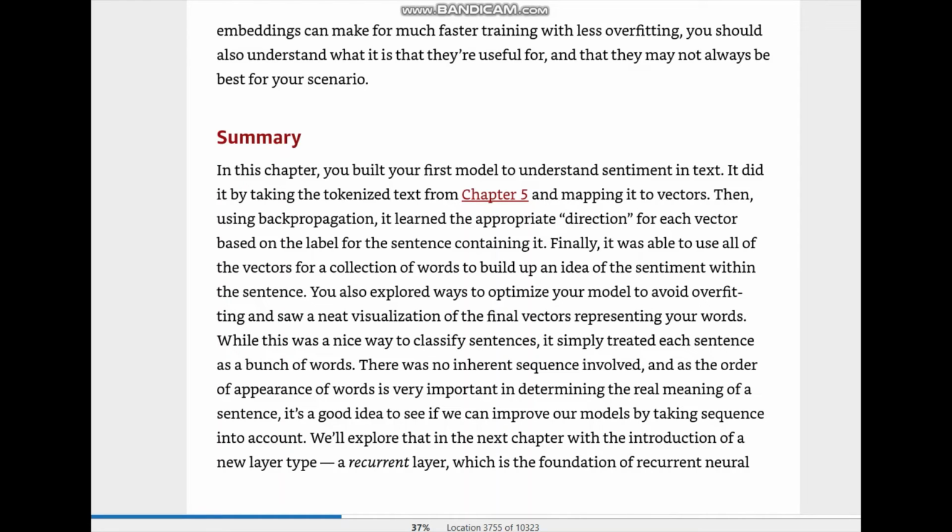While this was a nice way to classify sentences, it simply treated each sentence as a bunch of words. There is no inherent sequence involved, and as the order of appearance of words is very important in determining the real meaning of the sentence, it's a good idea to see if we can improve a model by taking sequence into account. So, next we'll be learning about the recurrent layer, which will form a foundation for recurrent neural networks,